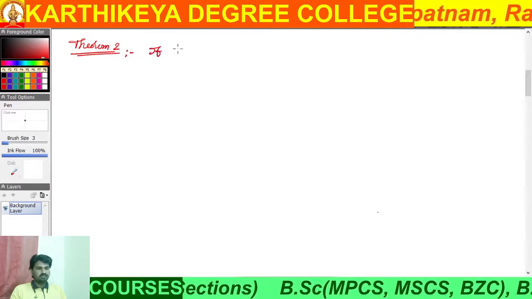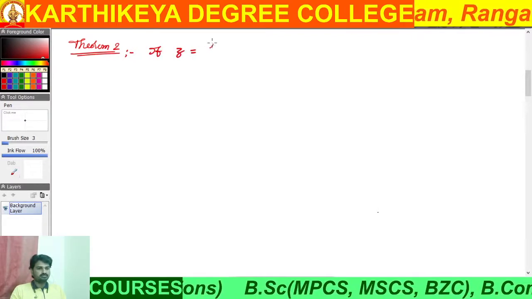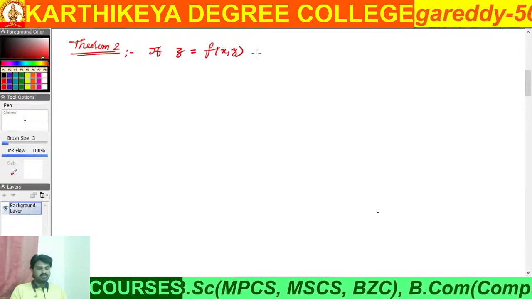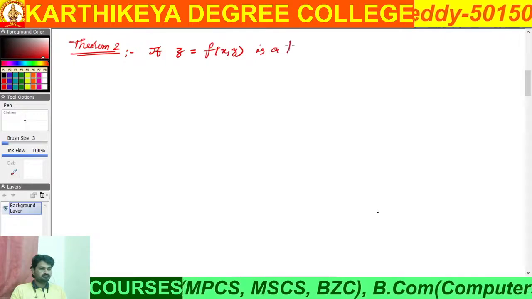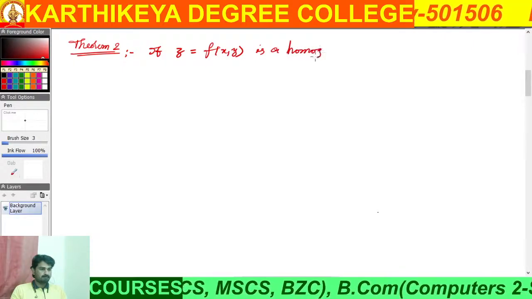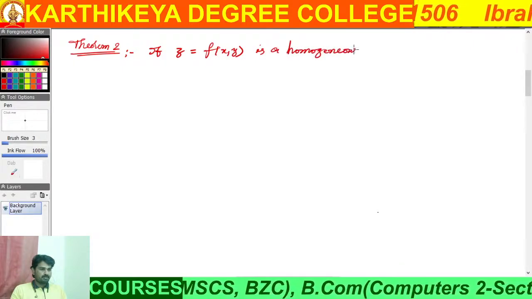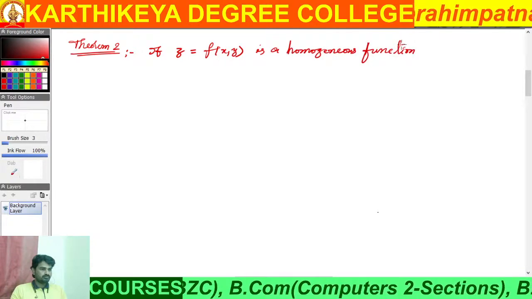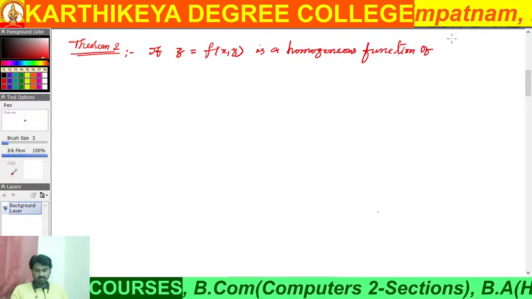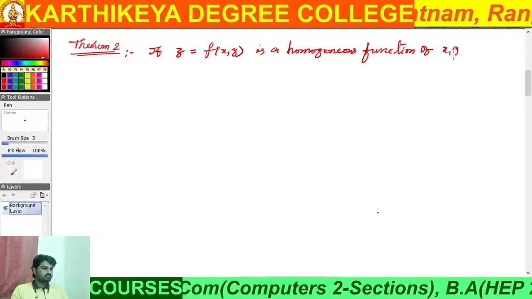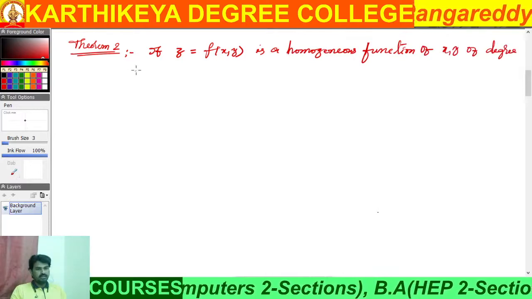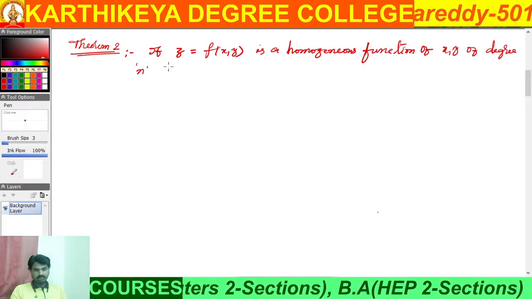So that is, if z is equal to f of x, y is a homogeneous function of x comma y of degree n, then